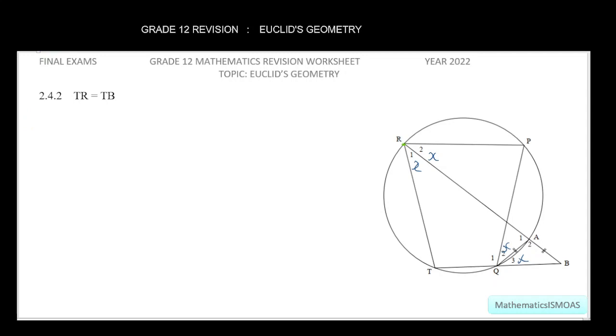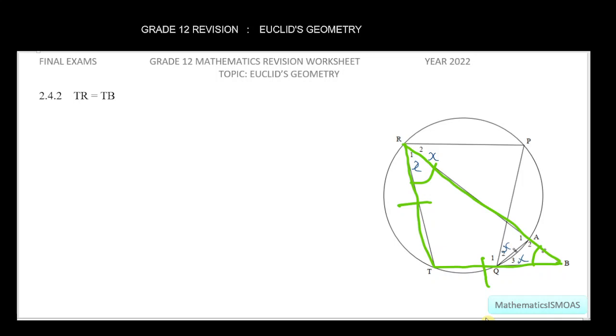TR. Here is TR. Prove that TR is equal to TB. Here is TB. Now, let's look at what? Triangle TRB. Let's have our green triangle TRB. Therefore, for us to prove that TR is equal to TB, what we can do is if we can prove that angle R1 is equal to angle what? B, then we can say TR is equal to TB, because